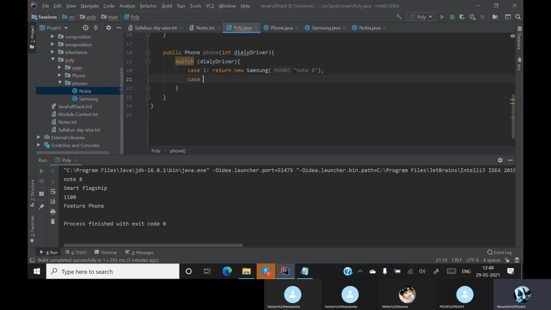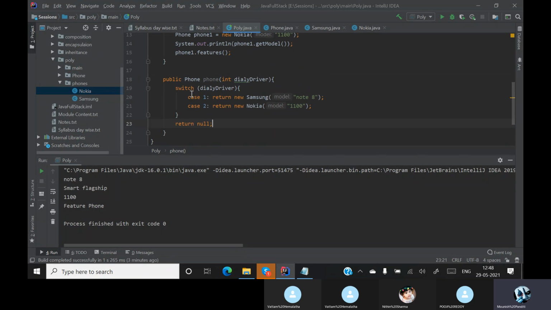Now case 2, it is returning a new Nokia type and the model is 1100, and at the end it will return null. We know that in our switch statement we need to have a break statement for every case, that is compulsory, but I am not using a break statement over here because I am returning the value.